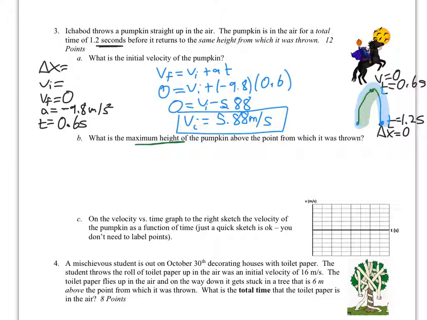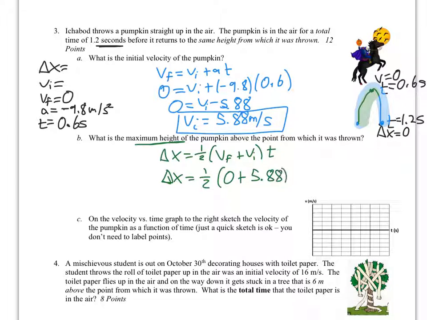Moving on to finding the maximum height. I'm looking for delta x here. There are a few ways of doing this. I think the easiest one is delta x equals 1/2 (Vf plus Vi) multiplied by t, but certainly the other equations would work. So my delta x here is going to be equal to 1/2 times (0 plus 5.88) multiplied by 0.6. So I get that delta x here is